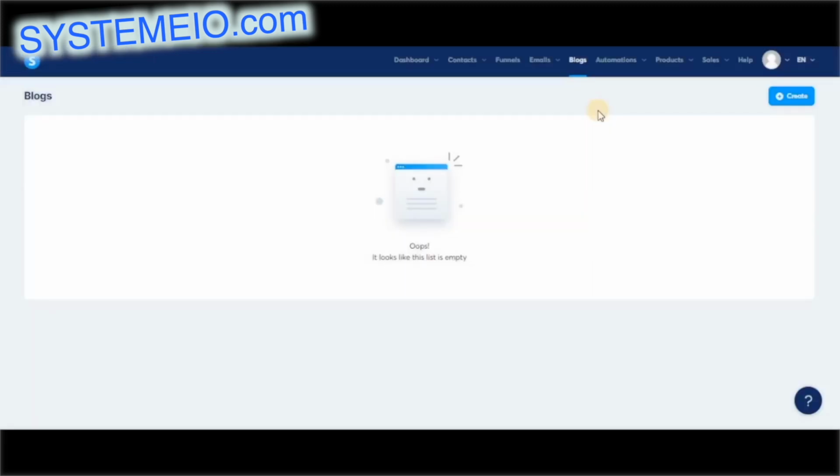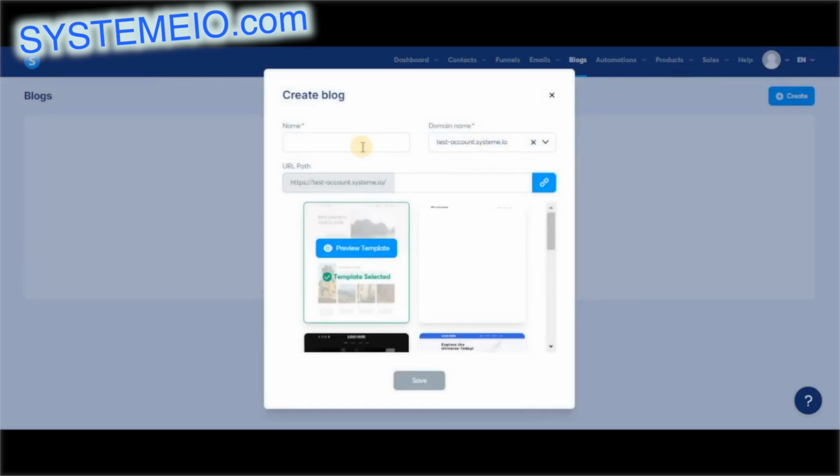It's time to go over our blogs feature. With SystemeIO, you can create blogs, which are a type of website that is updated on a regular basis. You might want to create a blog if you want to share information about your offers, your business, or a certain topic. So to create one, you would just need to click on create and then fill out the information